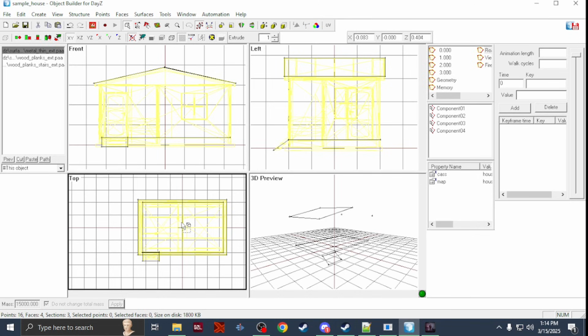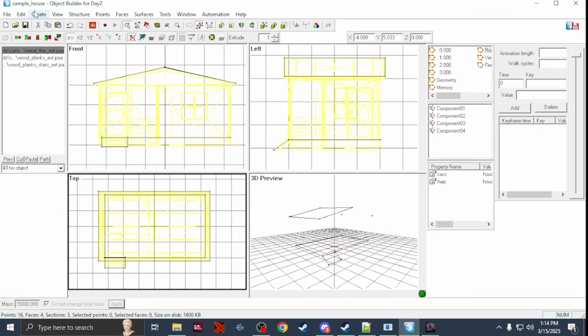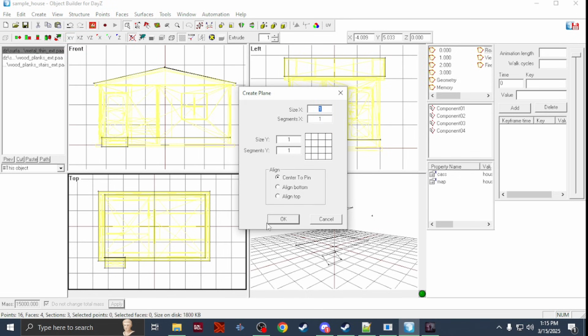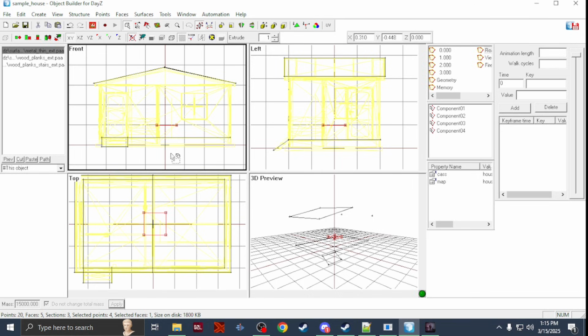So if you have stairs, you're going to have another surface. So what you do is you're going to create a plane, which will give you just a flat box. And then you can start lining it up, like for the roof. Same with how you did the boxes for the geometry. Get it lined up, but you're not doing a whole box, you're just doing the surface. So you're going to just keep doing that until you have what I have here,